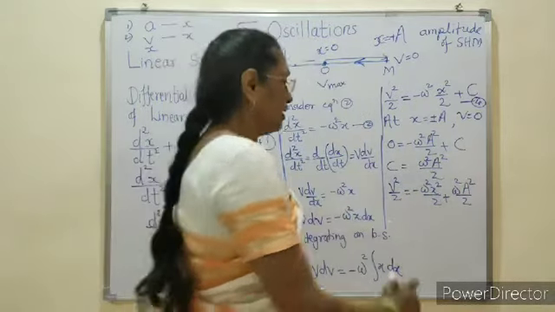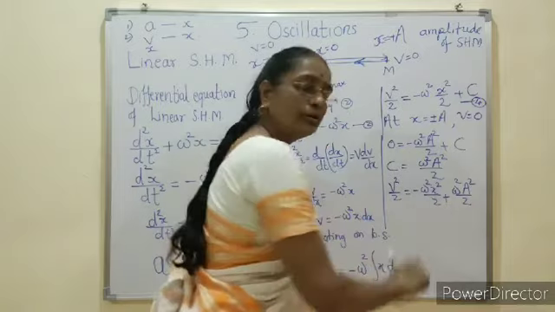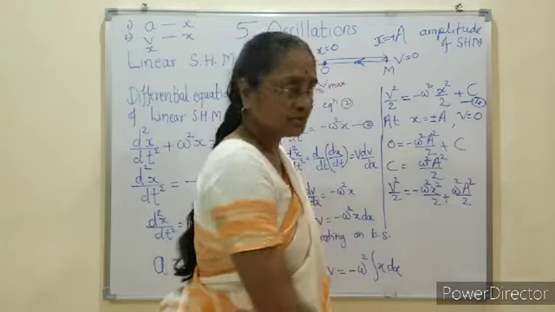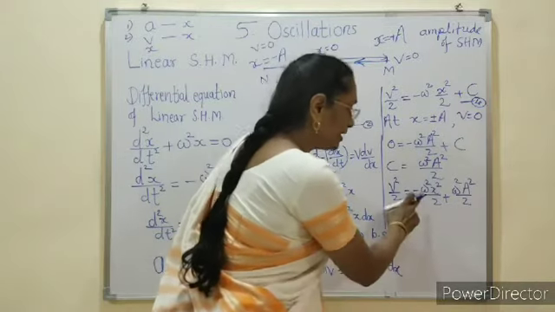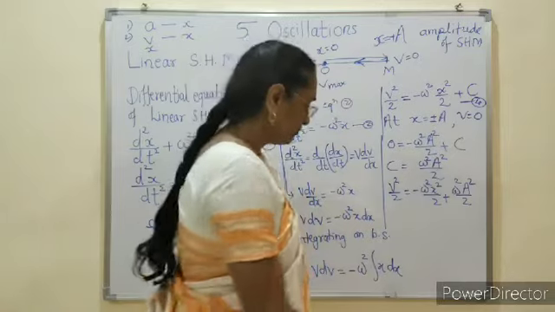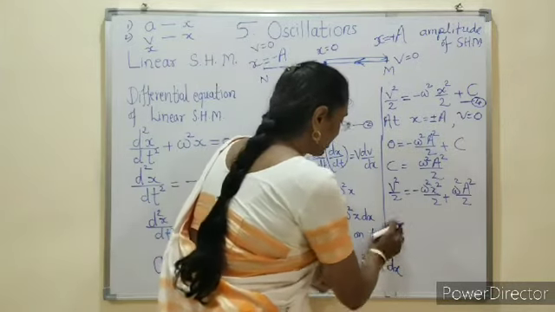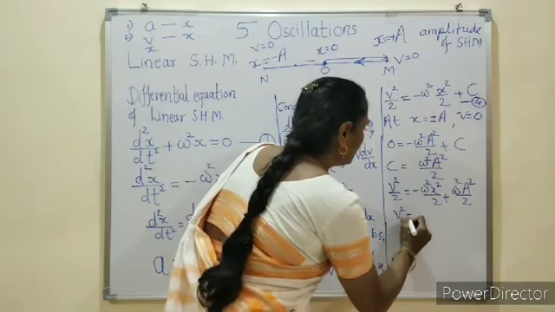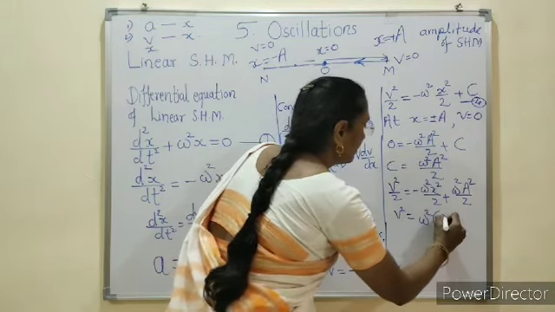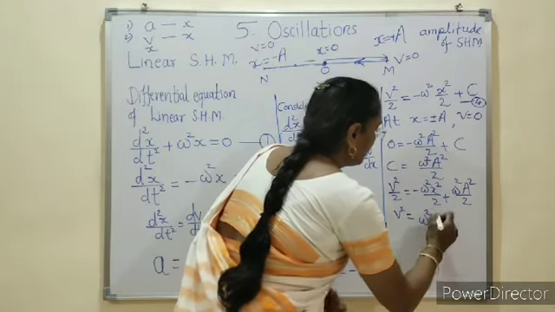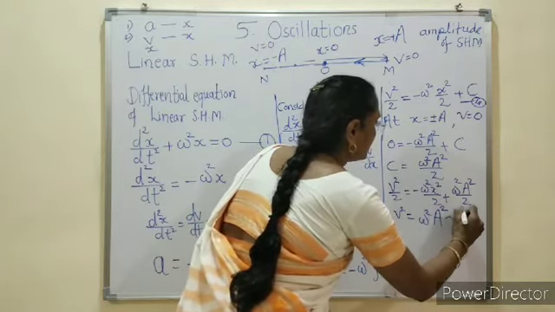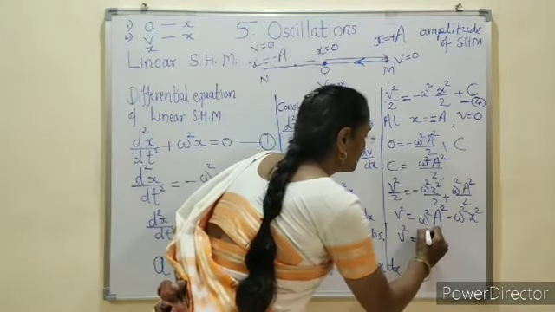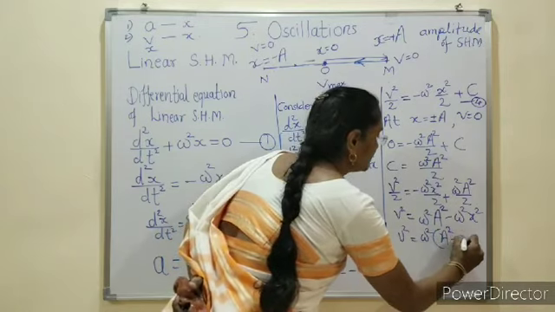Substitution of c. So cancellation of 2 on both sides, and taking this positive term as the first term in this equation and taking omega square as common, we can adjust the relation in this way. Relation can be adjusted here like this. v square is equal to omega square, we take here omega square a square minus omega square x square. It can be v square is equal to omega square into a square minus x square.